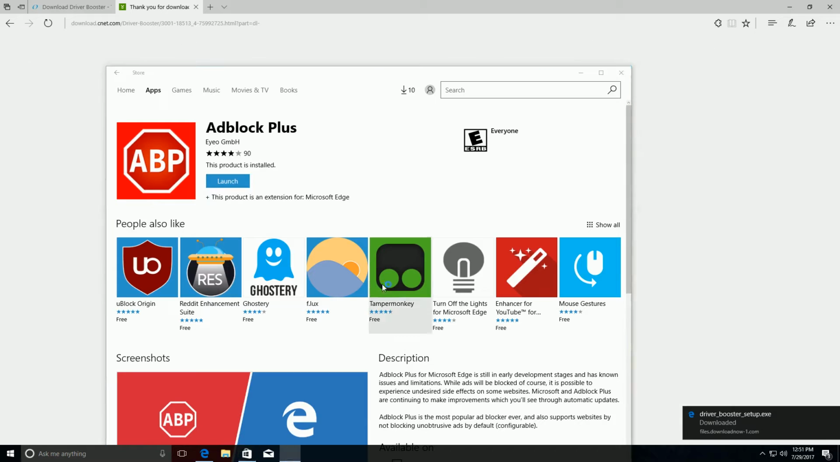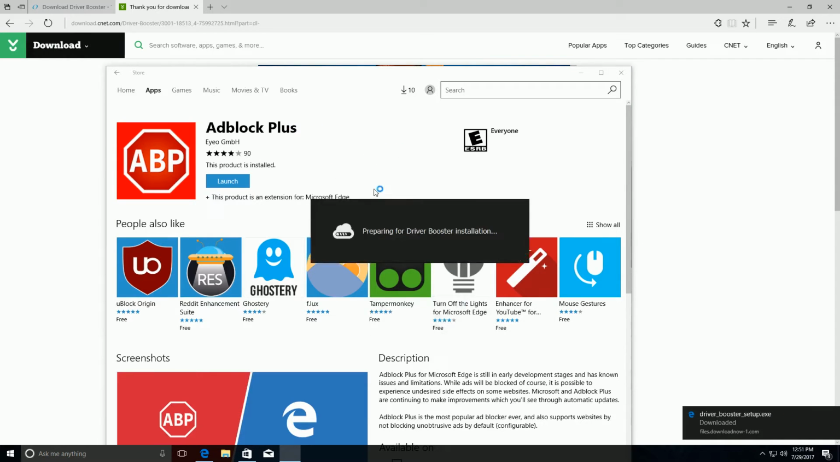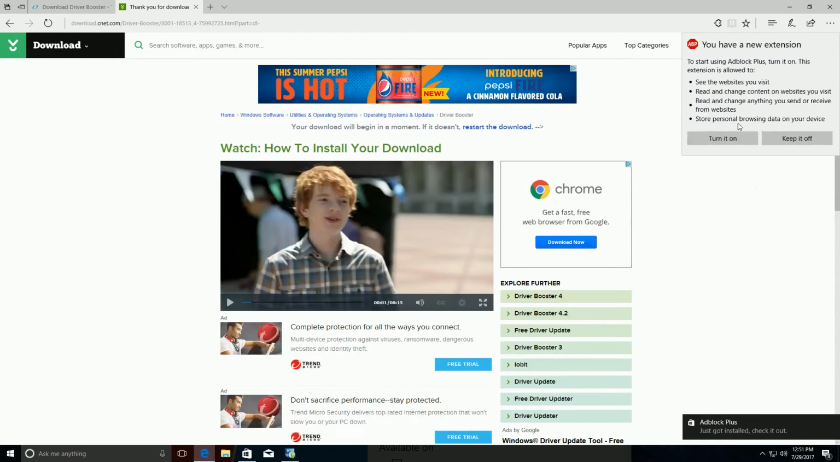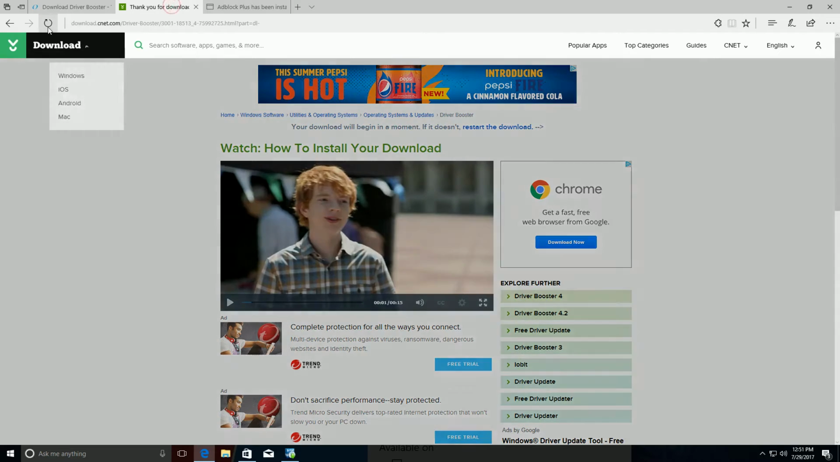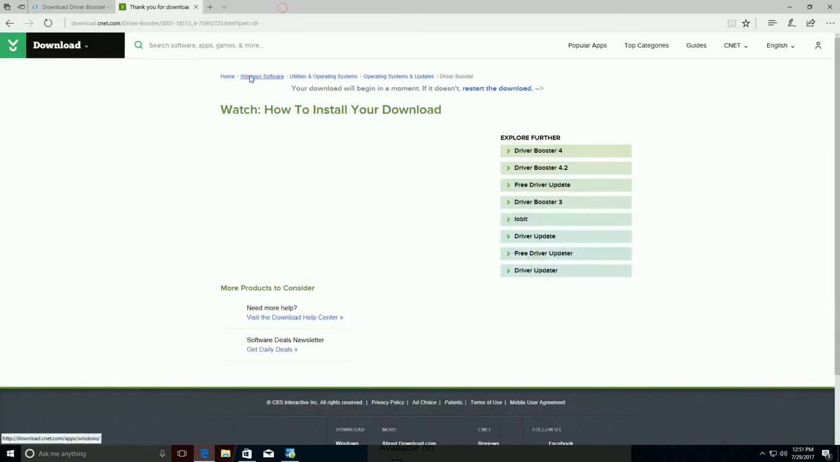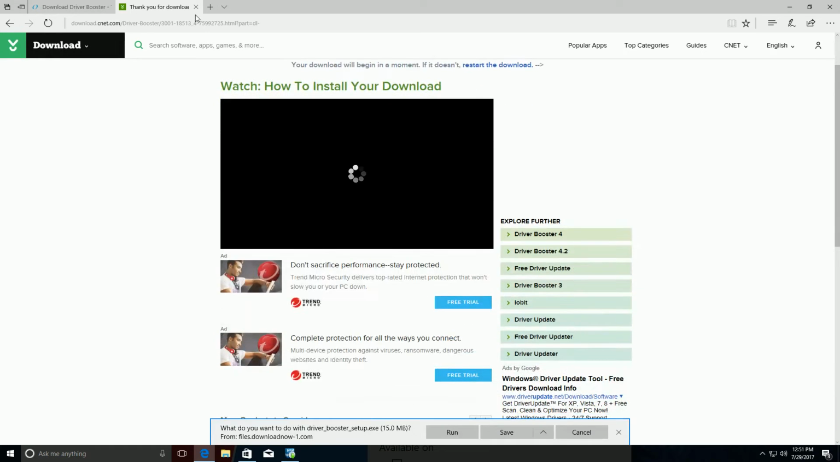Anyway, looks like Driver Booster is done downloading. I don't know how long it'll take to install. There's AdBlock. Okay, turn it on. Alright, now let's try refreshing this page and see how it works. Look at that. Barely any ads. Alright, well,